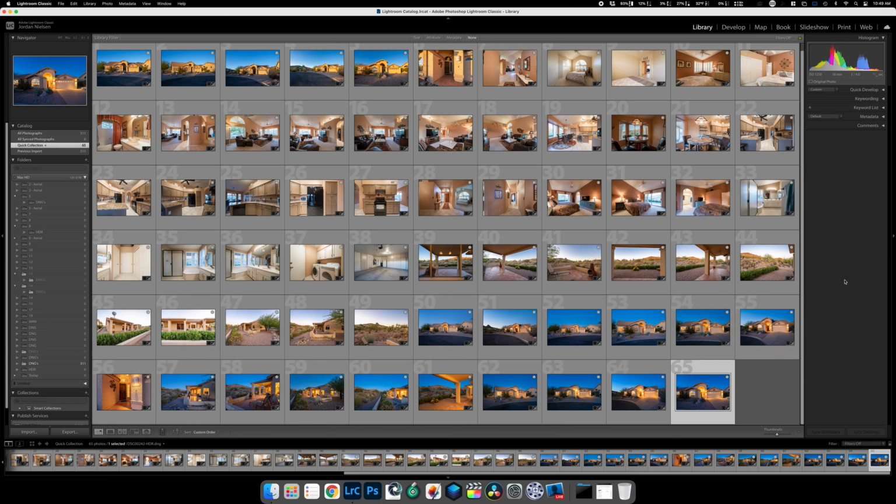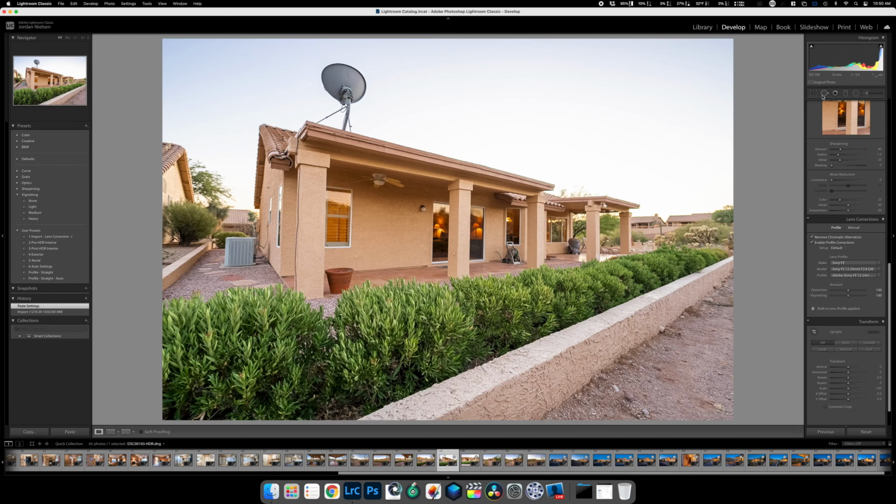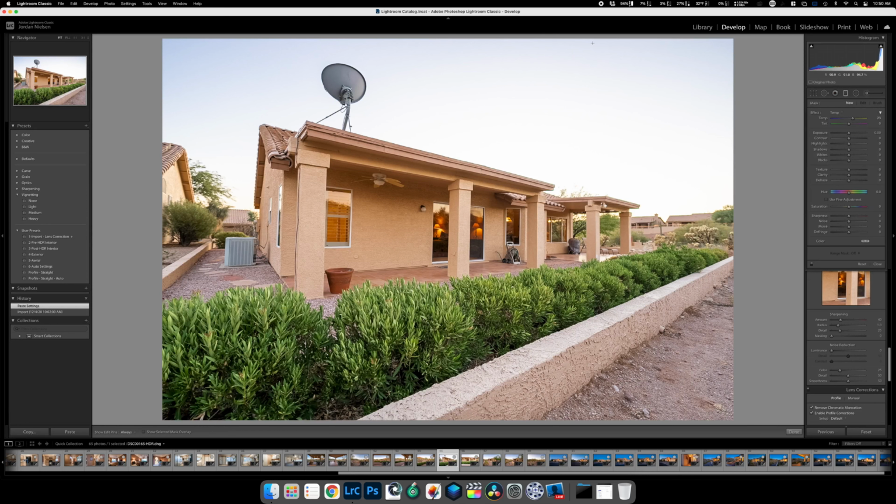We do have these two, so we have sky here. We do have these two right here. We have just a subtle sky in the rest of these, so let's see if we can add a little bit of a gradient blue to match the other ones. We could do a sky replacement, but if we did, we probably would do it on the full set of them. So let's just bring down